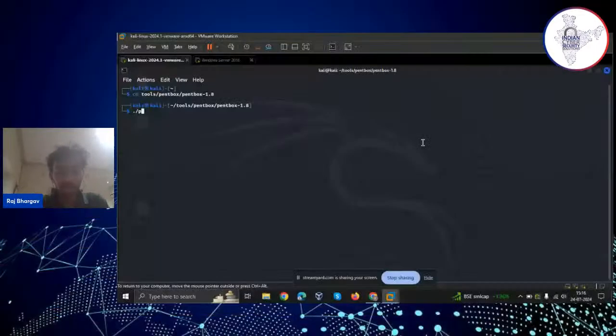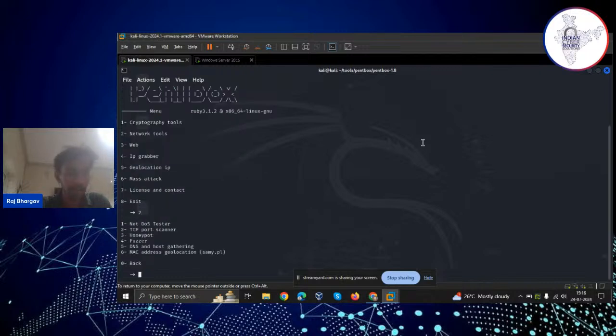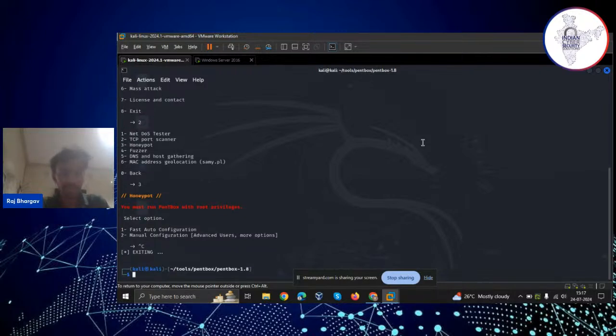So now what I do is, I'll run that tool, Pentbox. Now what we are trying to do is work at our network level. So I'm going with the network option, and now we are okay. It's asking for root privileges, sudo ./